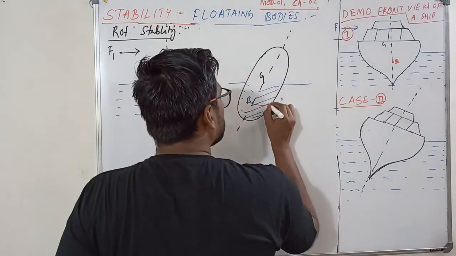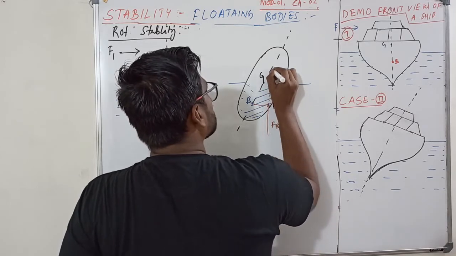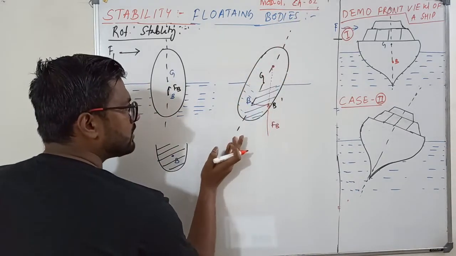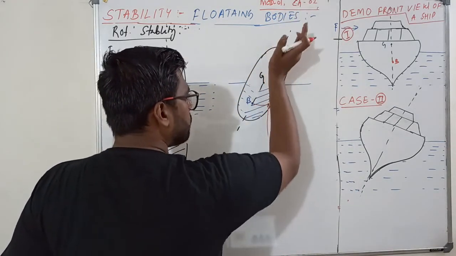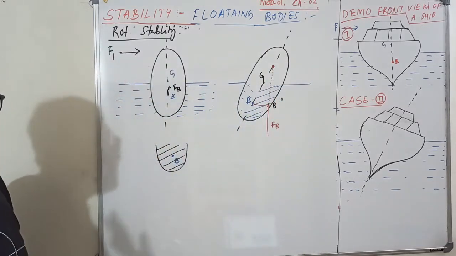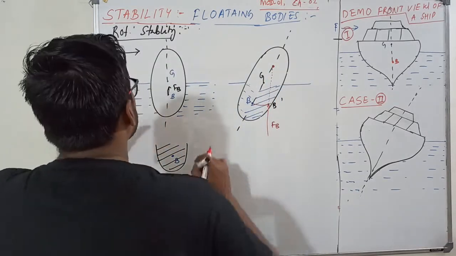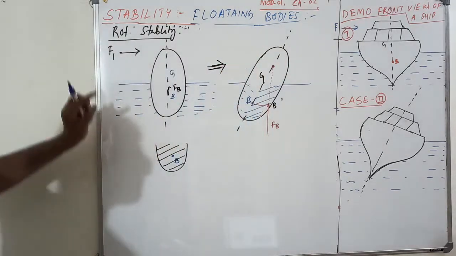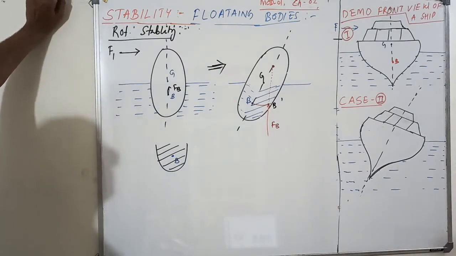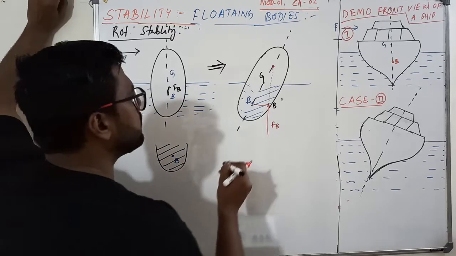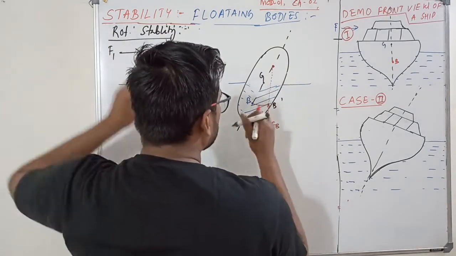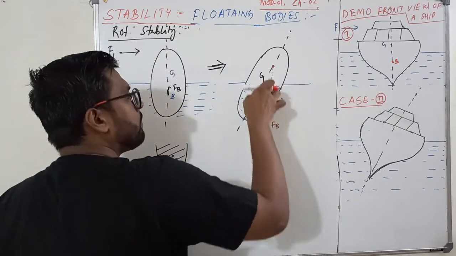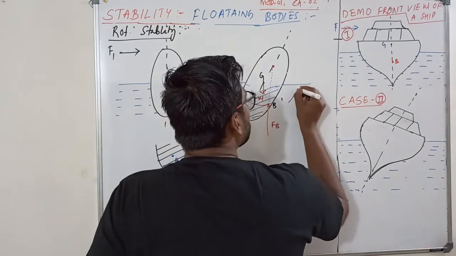If I extend this force and join it along its previous line of action, this is the previous line of action of the buoyancy force, and this is the new line of action. They both meet at a certain point. We will tell what that point is after some time. So this force F1 I have applied and I got something like this. Understood? Now, this is the center of buoyancy, and here the weight acts vertically downward through the centroid. So the center of buoyancy is moving up, gravity is coming down. So which kind of couple will it give?